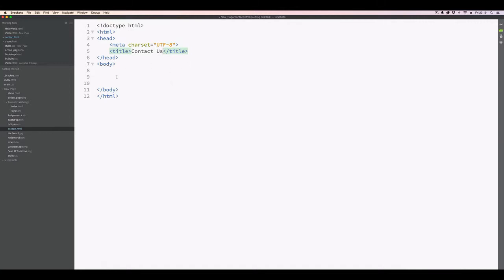So to do that, we go to our body where we want to start, and we just create a fieldset. Okay, very simple. This is where we're going to be putting all our elements for the Contact Us page. Actually, before we do that, we also want that to be inside a form. So I want to create a form,